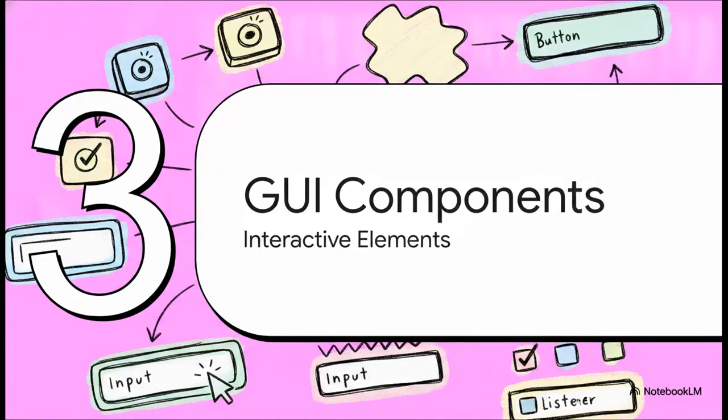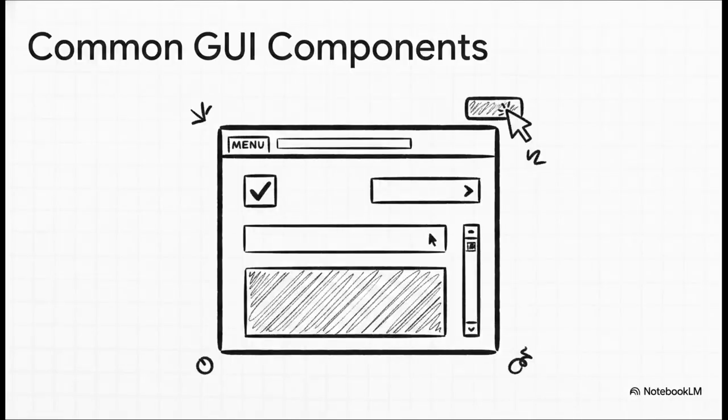With our structure locked in, let's look at the actual interactive pieces. Section 3, interactive GUI components. These components are essentially the sensory receptors of our software. You've got your standard ones, like a JButton for clicking or a JComboBox for a drop-down list. But text is a huge part of this too. A JLabel is used for uneditable text or even an image icon, while a JTextField allows for